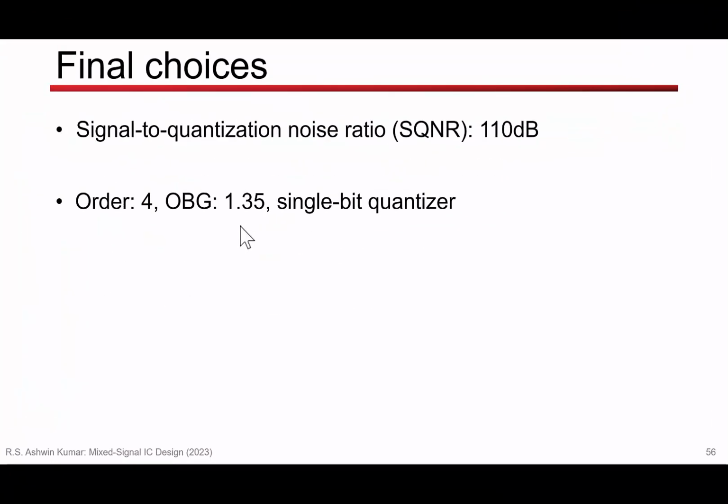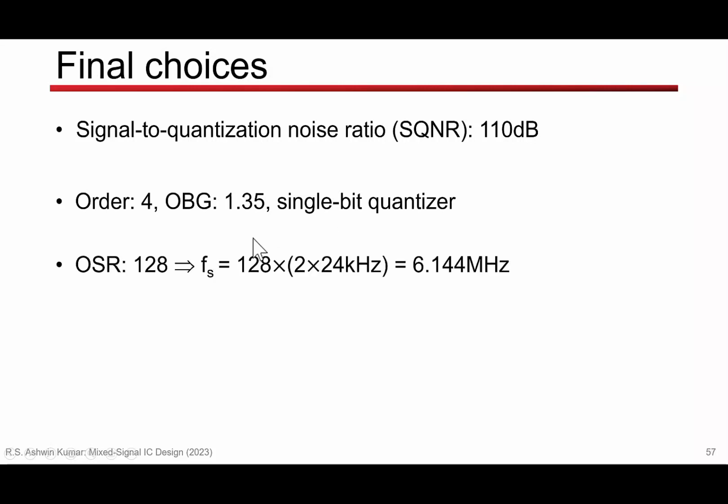Yeah, so this is our final choice, right? We started with 110 dB. We decided that order 4 with 1.35 OBG with a single bit is enough. So the oversampling ratio is 128. I chose my bandwidth to be 24 kilohertz. So my actual sampling rate is the Nyquist sampling rate, which is 2 times the bandwidth times the oversampling ratio, that's